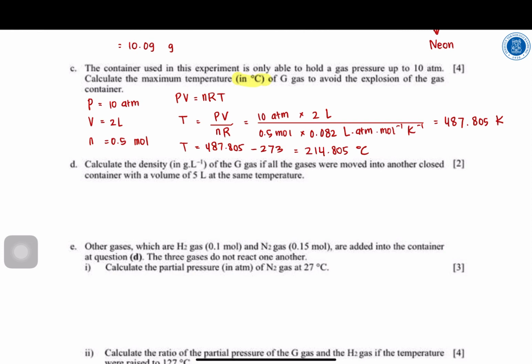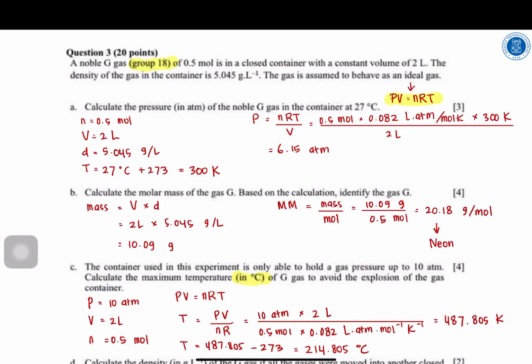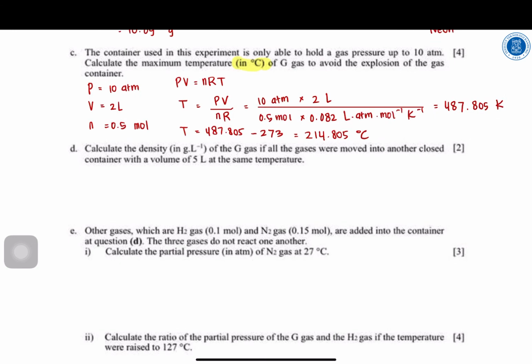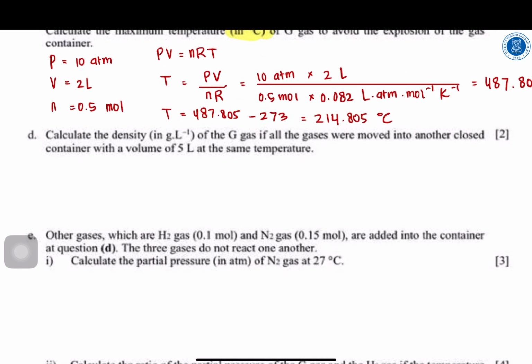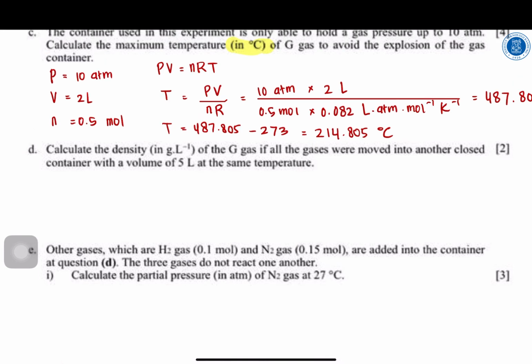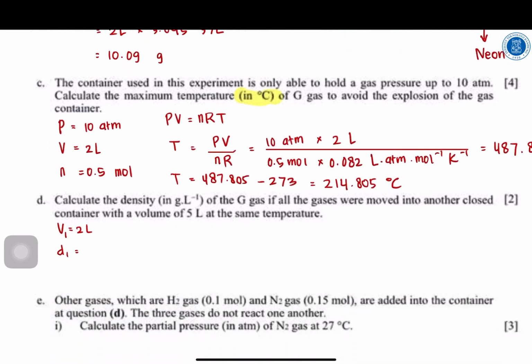Okay, now the next question, calculate the density in gram per liter of the G gas if all the gases were moved into another closed container with a volume of 5 liter at the same temperature. Now we are assuming that this question is constant temperature as in the information of the problem, which is 300 Kelvin, so 27 centigrade. When the volume equals to 2 liter, we have a density value. So let's say this is V1, and we have the information that the density is 5.045